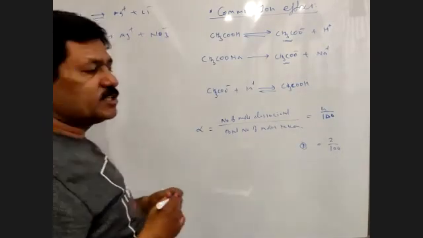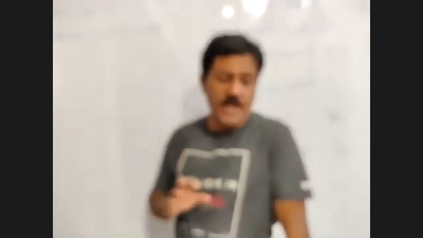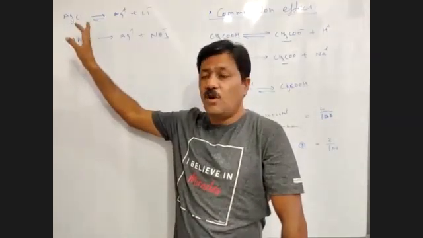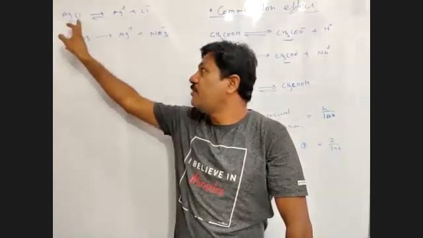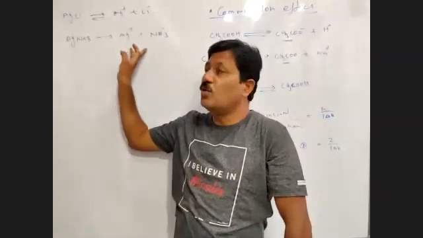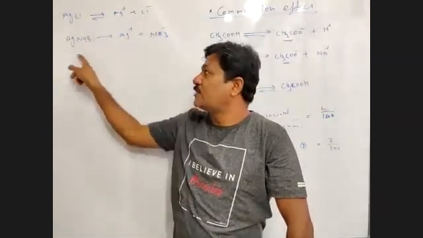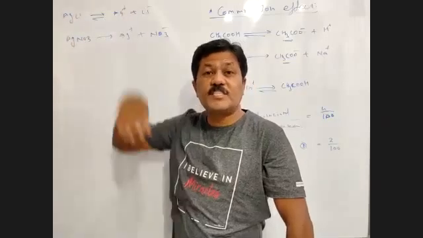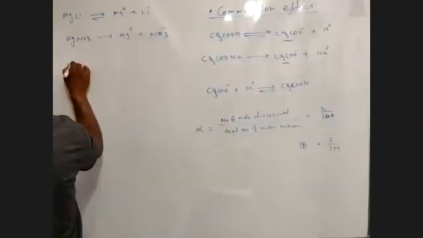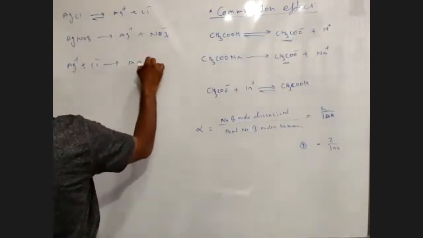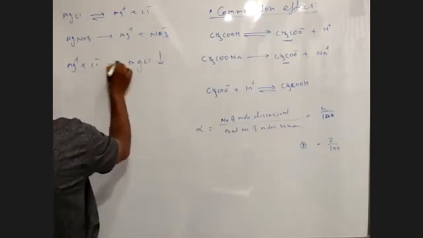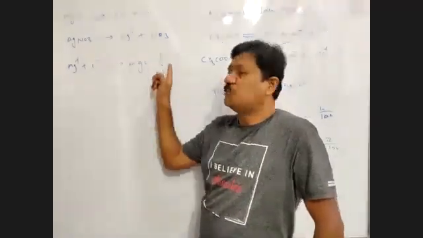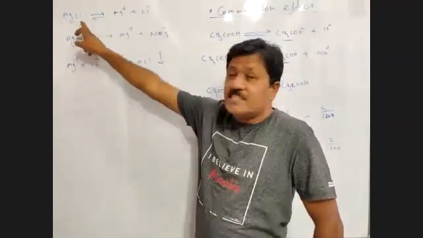अभी AgCl is a sparingly soluble salt whose degree of dissociation is already weak or small, and this is a salt whose degree of dissociation is comparatively higher, matlab it's a strong electrolyte, it dissociates completely। So both have the common ion Ag+। So because of this strong electrolyte containing common ion Ag+, degree of dissociation of weak AgCl is suppressed, and that's why the precipitation of AgCl occurs। So Ag+ Cl minus produces AgCl, and this is precipitation। precipitation ऐसे दिखाया जाता है, arrow downwards, arrow upwards मतलब gaseous format में जाता है, downwards मतलब precipitation होता है। तो AgCl के सॉल्यूशन में अगर AgNO3